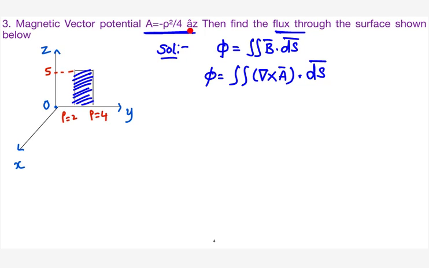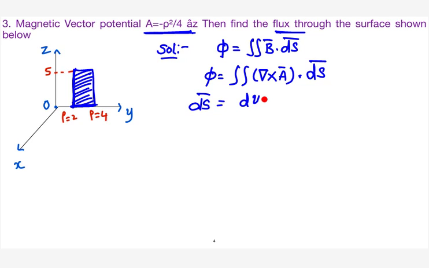So can you tell me what is the surface area in this case? When you are moving in this surface, what is going to change? As I mentioned here clearly, when you are going in this direction, your radial direction changes, and when you are going in this direction, your z value changes. So what is the surface area? dy dz. Good.